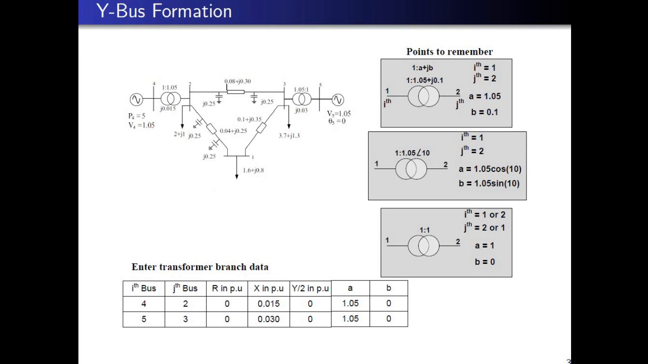So this is the slide explaining how to enter the transformer data in the software. You can see in this table there is no from and to bus. Instead, there is ith bus, jth bus, and two more new terms, A and B, as shown in this table. We have two transformers in the figure, connected between the 4th bus and the 2nd bus, and the 3rd bus and the 5th bus. The software also has the provision to include the effect of a phase shifting transformer. For that,